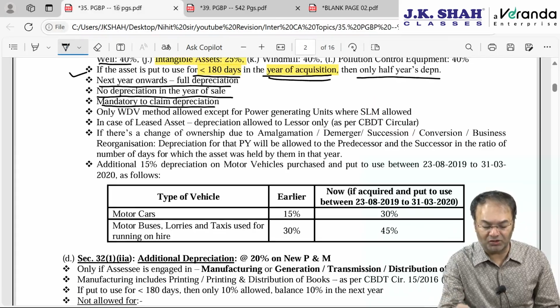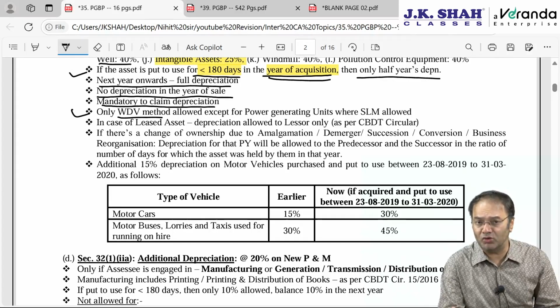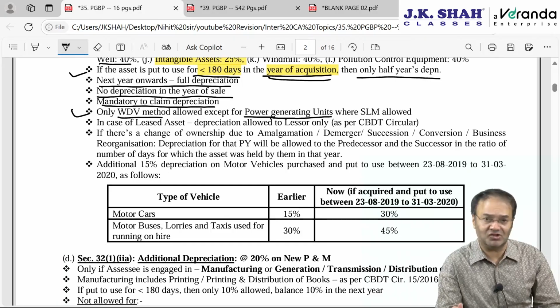Whatever is the depreciation now, that is what we mean when we say depreciation is mandatory. Only the WDV method is allowed. The SLM method is allowed only to those people who are into power generation, electricity companies, BSES, Tata Power, Reliance Energy,